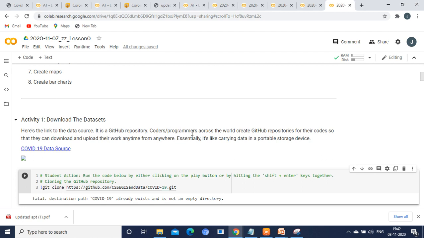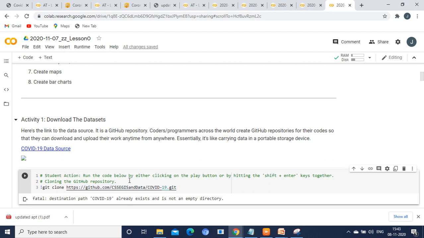Coders or programmers across the world create GitHub repositories for their codes, so that they can download and upload the work anytime from anywhere. After explaining the GitHub repository, you can explain this code. Third line, we are just going to clone the data mentioned in this path from GitHub.